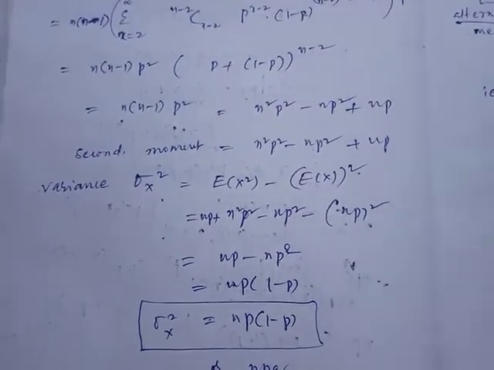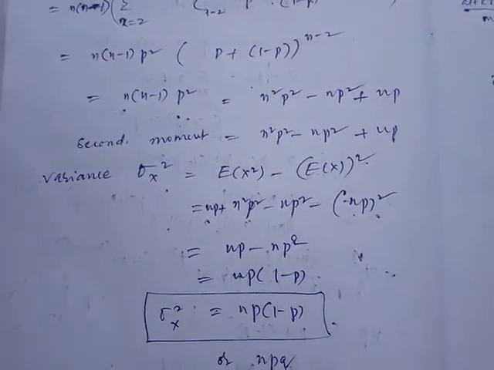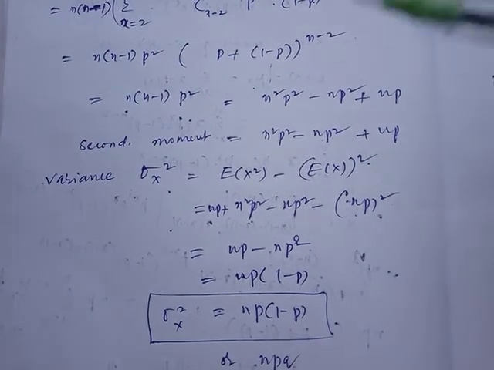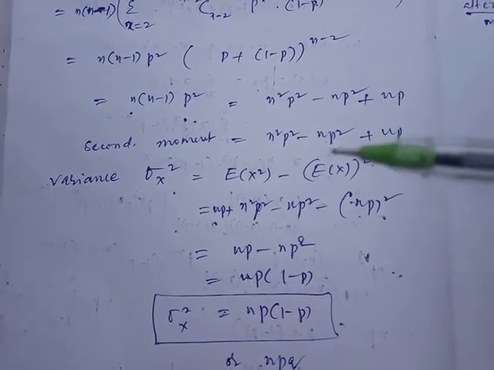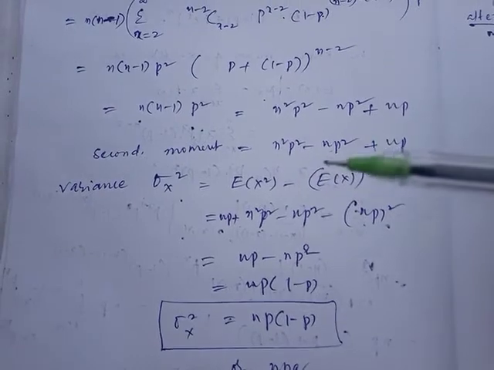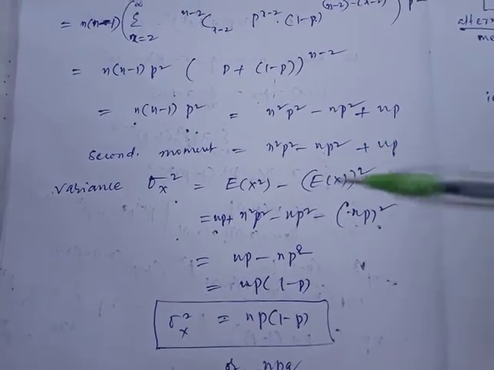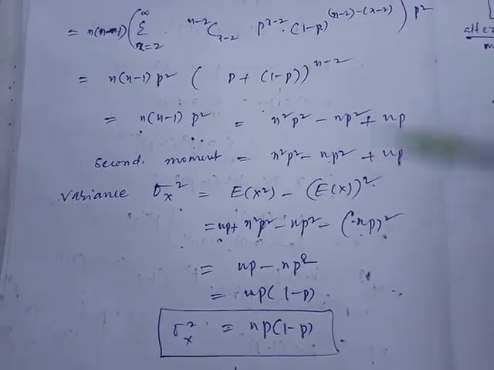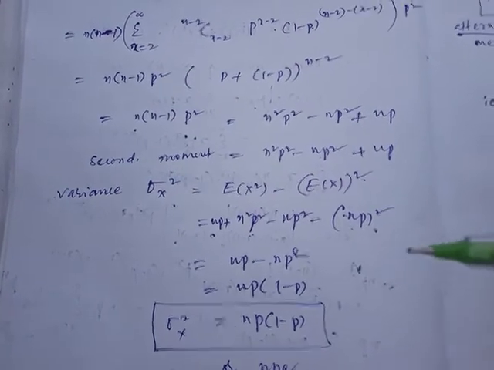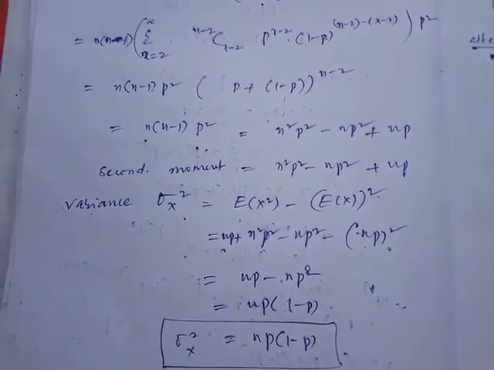This is a general procedure, but you can generate the mean, variance, and whatever moment by using the moment generating function. It is a differentiation: differentiate with respect to t and set t equal to 0, and those are the moments. We already discussed this in the previous lecture.